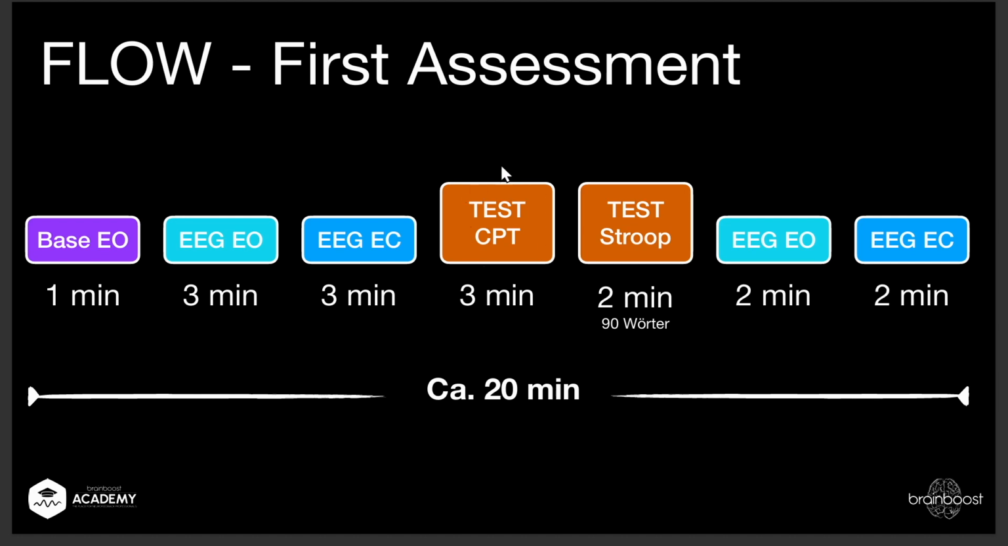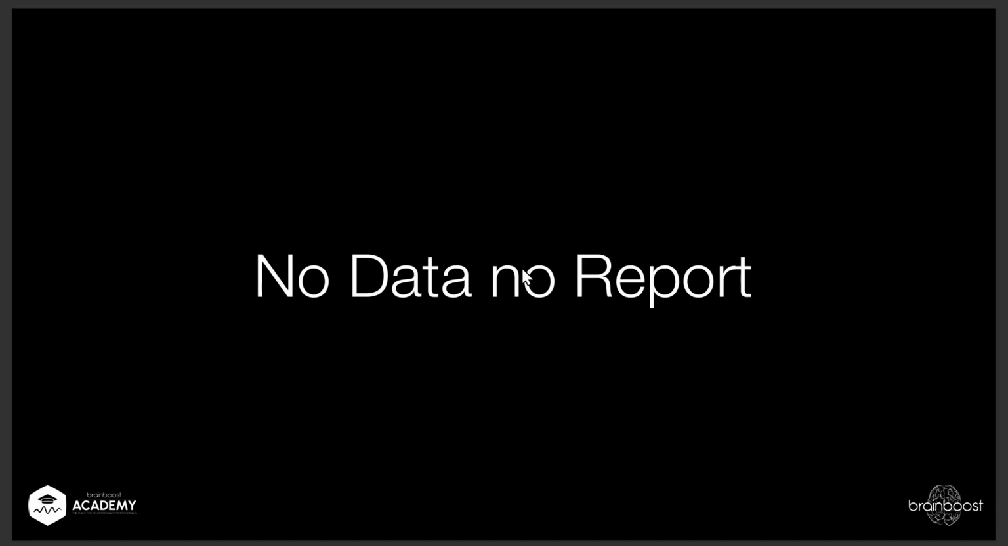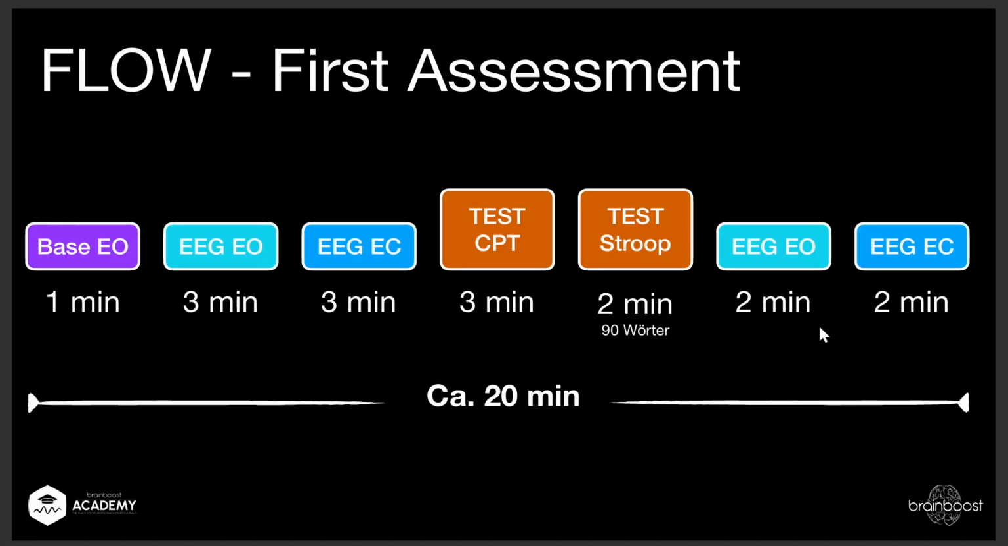I like to use the CPT test, so it's a reaction test where when you see a circle on your screen, then you have to press a button. If you see a square, you don't have to press something. So it tests impulsivity control, it tests reaction time. Then I like the Stroop test. It's with colors. You see a word in a certain color, and you need to select, is it written in